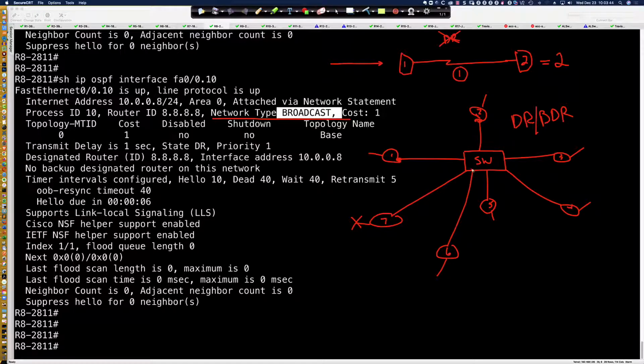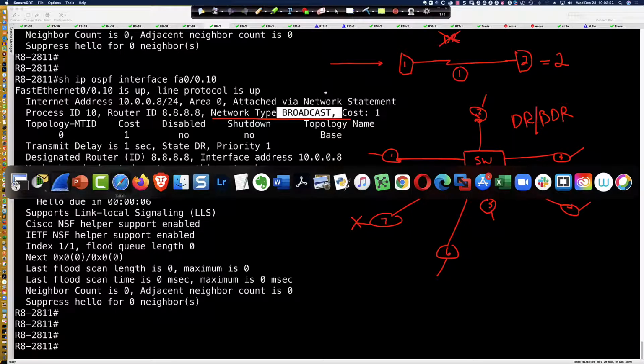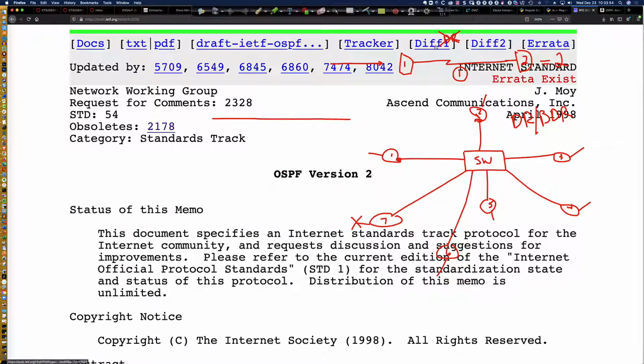And in fact, John Moy, who is the creator of OSPF, and this is probably a good segue here to this web browser. And I'm going to leave the drawing up here for a second because we're going to go back to the drawing. OSPF, and you can see right here, John Moy, he is the author, the creator of the OSPF routing protocol. He is the author of the request for comment, and this is an internet standard